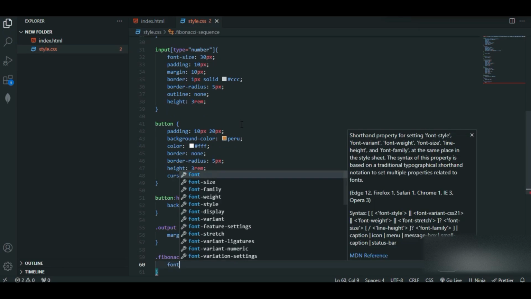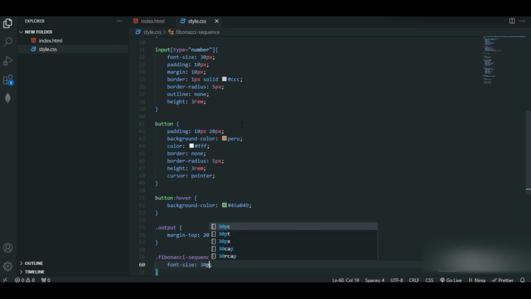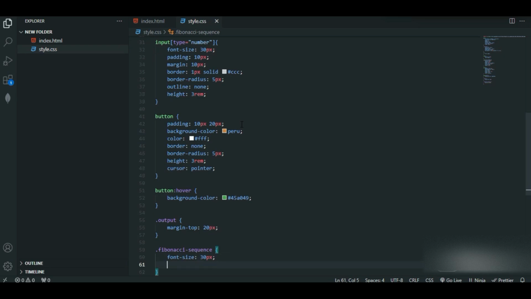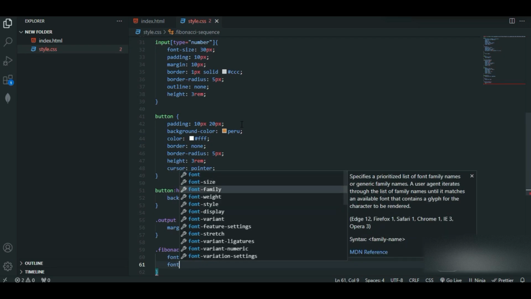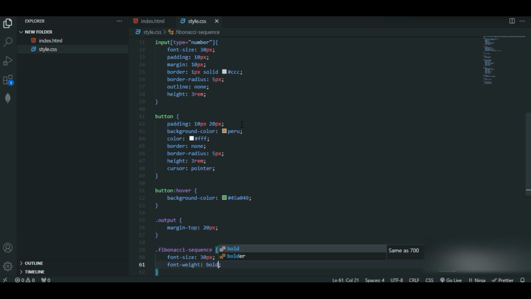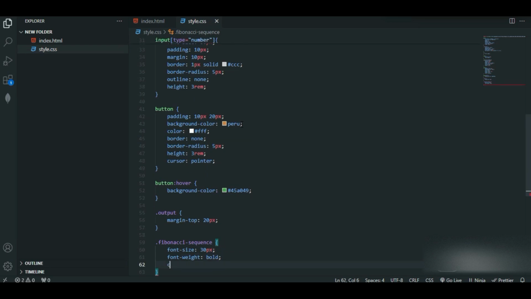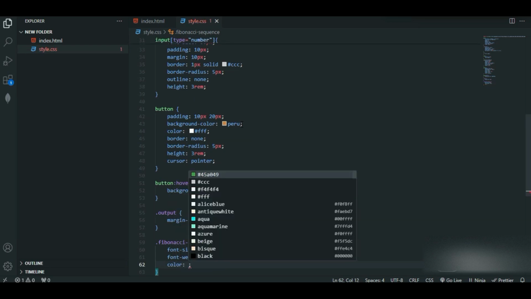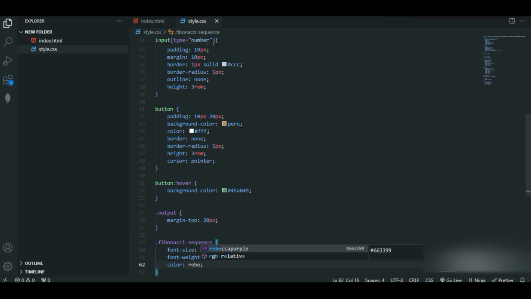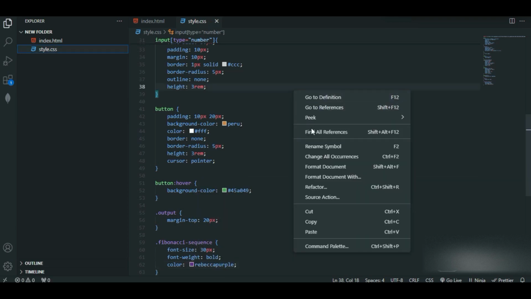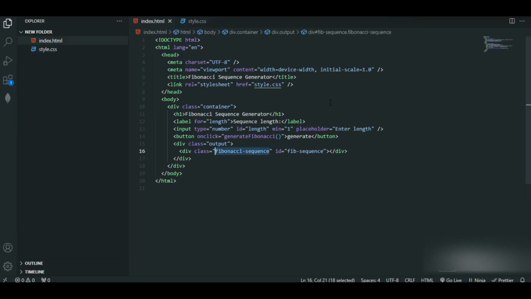So let me give font size of 30 pixels, font weight of bold, finally color of Rebecca purple. So let me format this document once. Let me format the